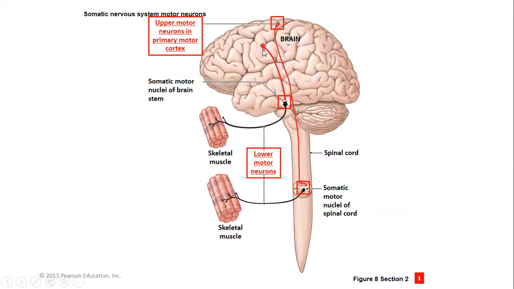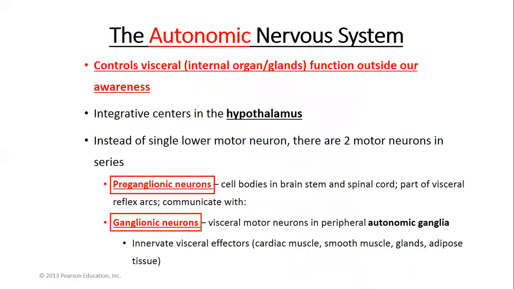So the primary motor cortex has cell bodies of upper motor neurons, and the axons leaving from those areas synapse on the cell bodies of the lower motor neurons here in the brainstem or even the spinal cord. And then those lower motor neurons innervate skeletal muscle. And that skeletal muscle is controlled by those lower motor neurons,